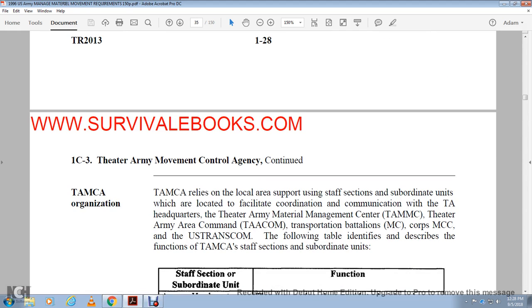The Theater Army Movement Control Agency relies on local area supporting staff sections and subordinate units if located with the facility. It coordinates communication with the Theater Army headquarters, the Theater Army Materiel Management Command, and Theater Army Area Command, or Transportation Battalions, Corps, MCC, and U.S. Transportation Command. The following table describes the Theater Army Movement Control Agency